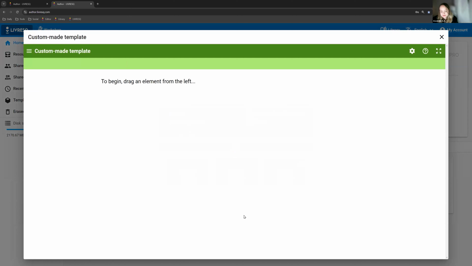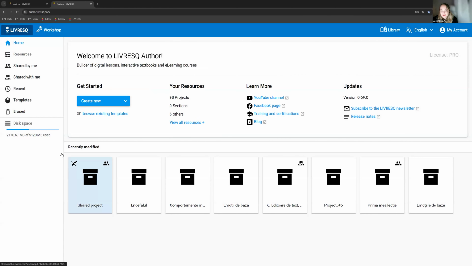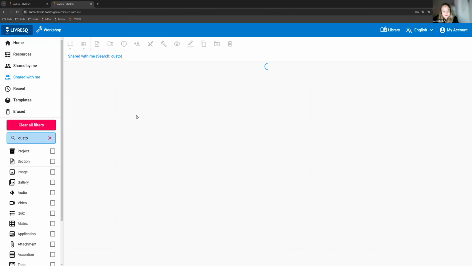So it's opening, it's a blank project, there's nothing in it. I have it here, it's called custom made template. I was able to open it, that was fine, but nothing really happened. I can find it though in shared with me now that I've opened it. And I know it's called custom made template. So what I can do now, I go under shared with me, I search for the project for my template,